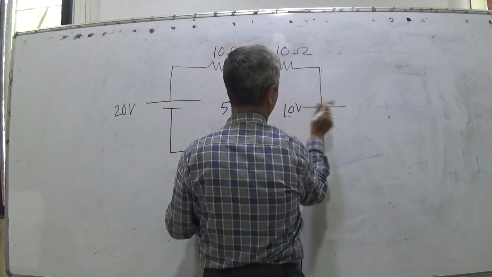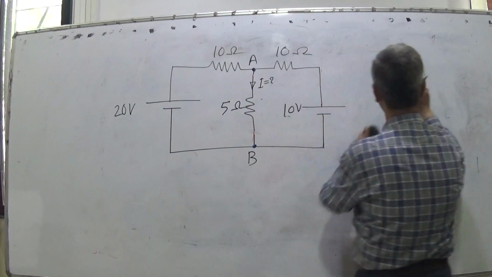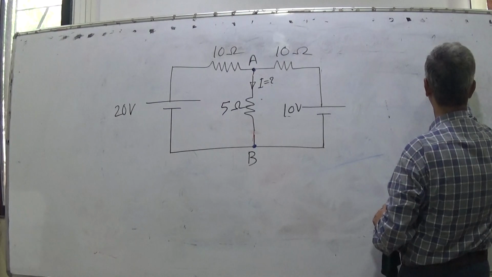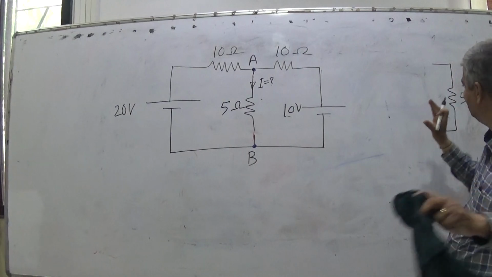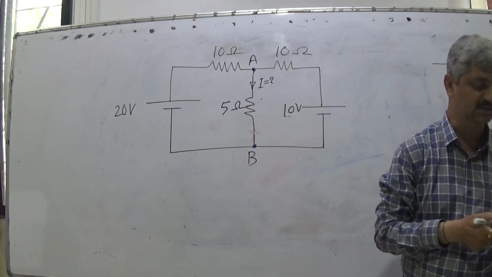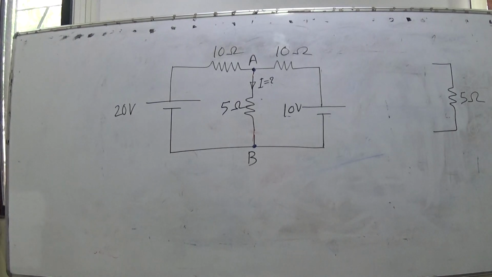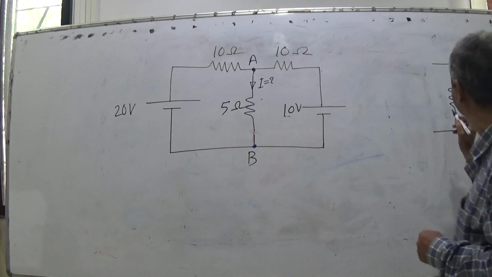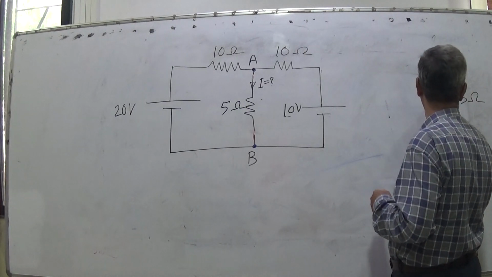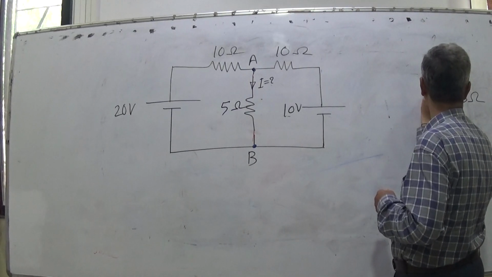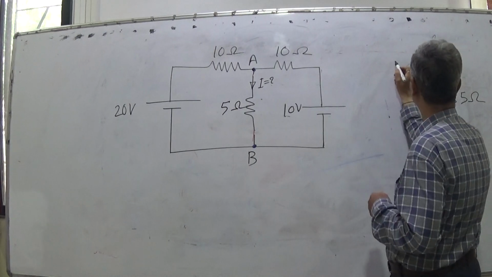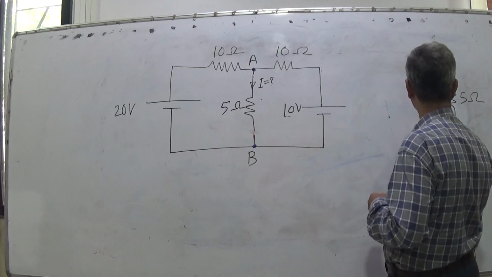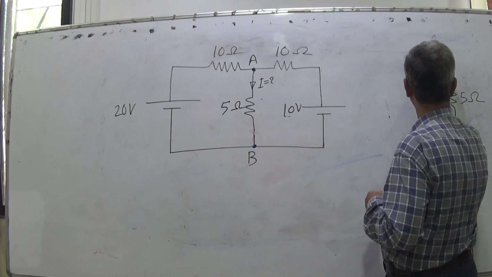This is 10 volt. I have just drawn on this side to create the space. Thevenin places himself inside the 5 ohm resistance, and from the 5 ohm resistance, it is Thevenin's magic eye. So from this magic eye, he tries to look at the remaining circuit between A and B.